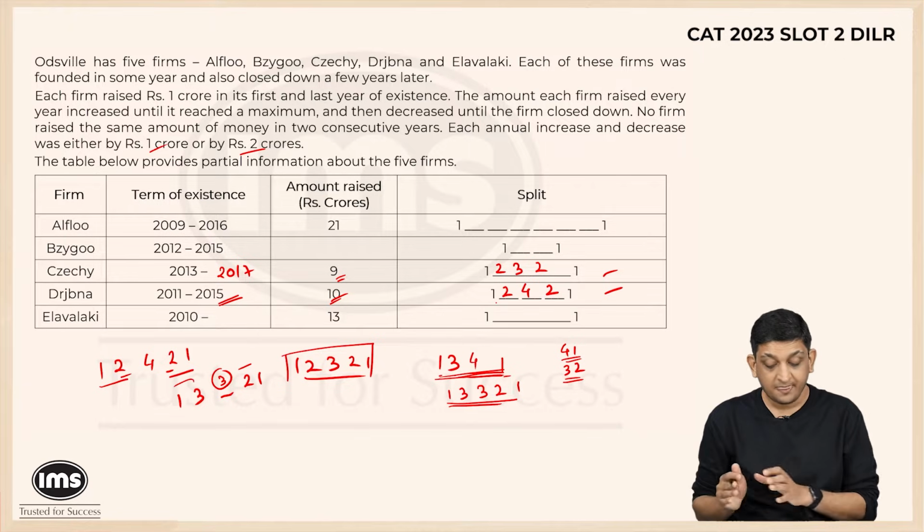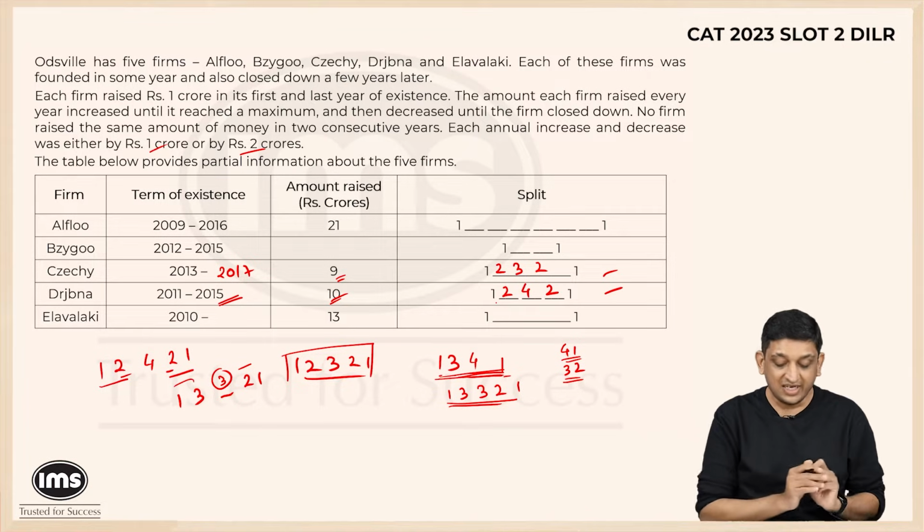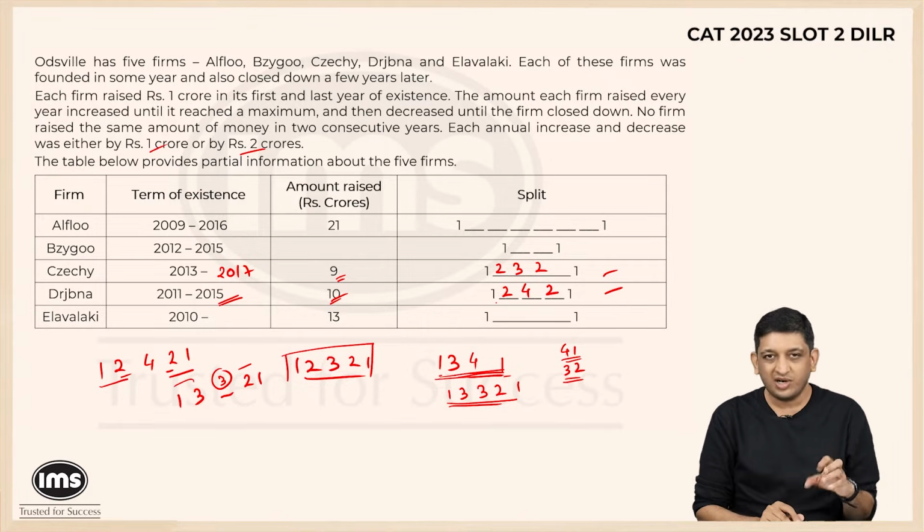Now let's look at B, because that was the one thing that would have led us to a good answer for the first question. So let's see what happens here. So 2012 to 2015, it starts with a 1, it ends with a 1. Right? It should more or less be obvious that these two numbers could be interchangeable.